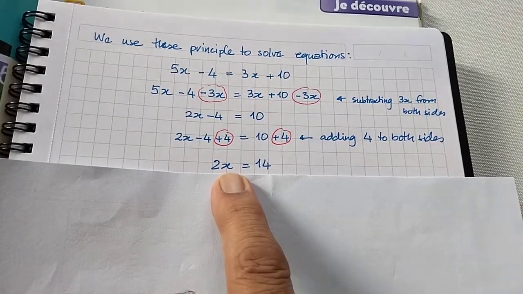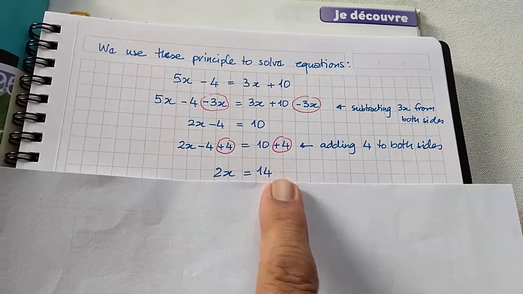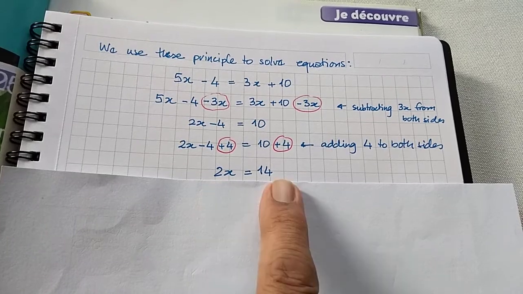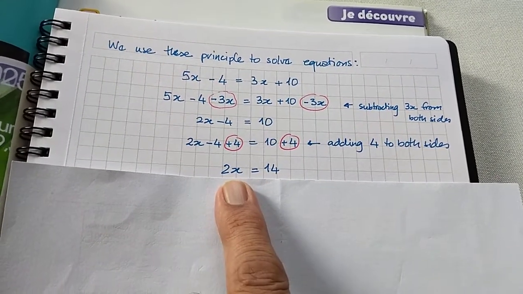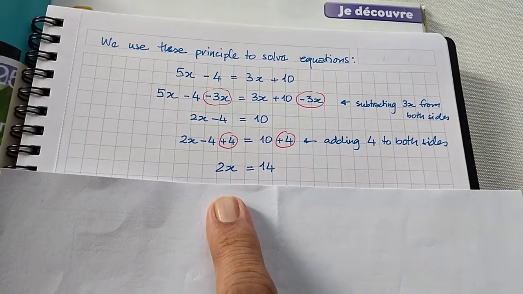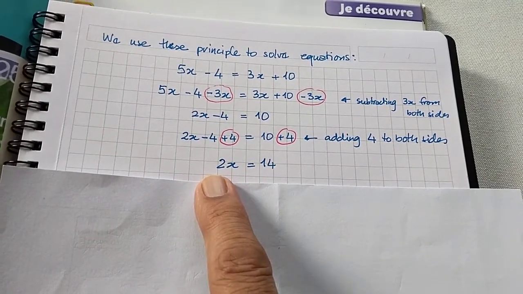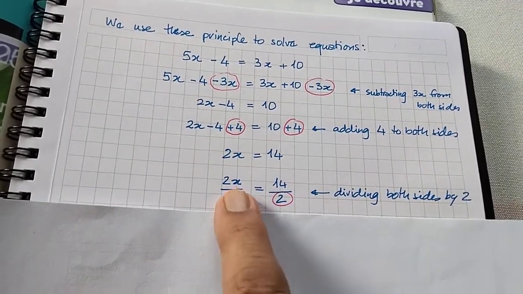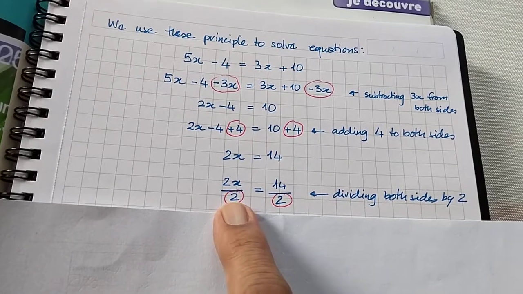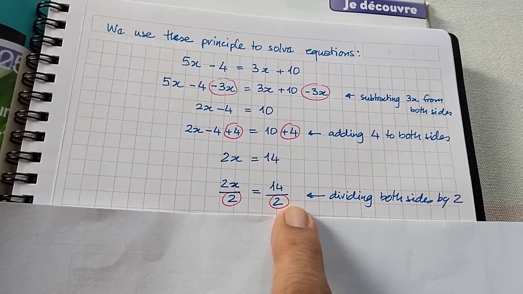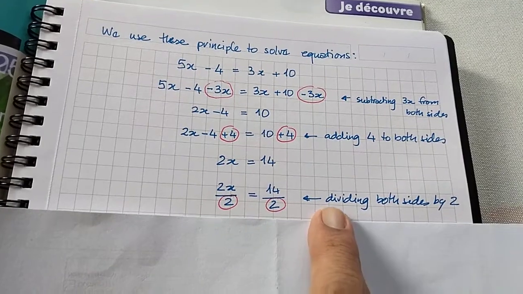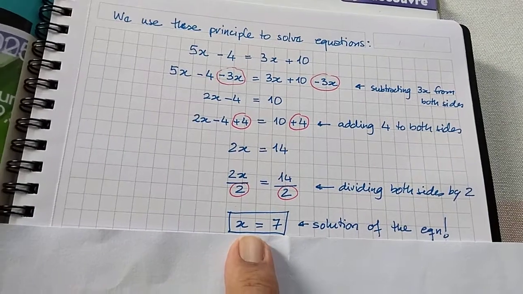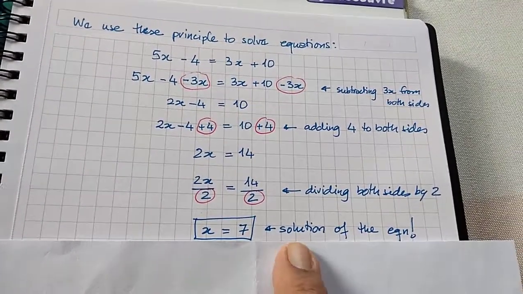So what value of x can I put to make both sides equal? The answer is 7, of course, because if I say 2 into 7, that will give me 14, which is equal to the right side. But still, how do we do that? Now I divide both sides by, what do I divide both sides by? I divide both sides by 2. So 2x over 2 is equal to 14 over 2. I'm dividing both sides by 2. Again I've circled the 2 in red to indicate dividing both sides by 2. So 2x over 2 is equal to x, 14 over 2 is equal to 7, and this is the solution